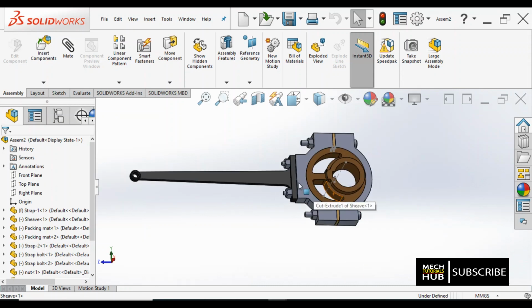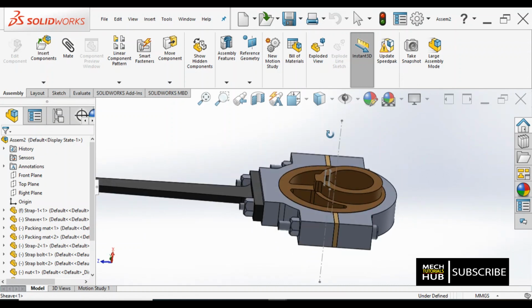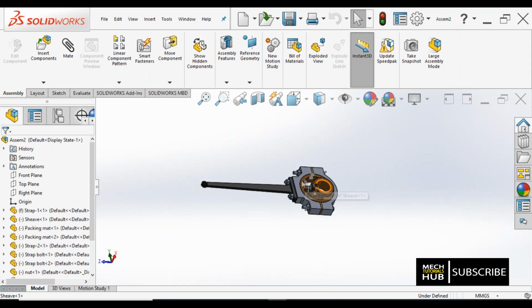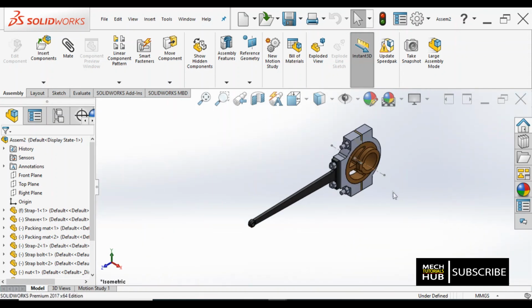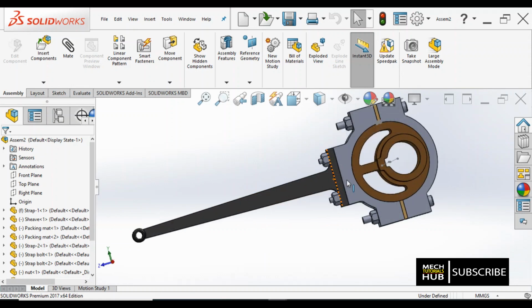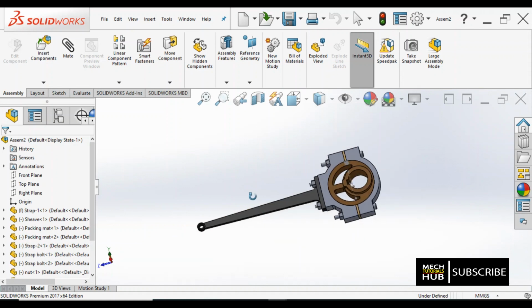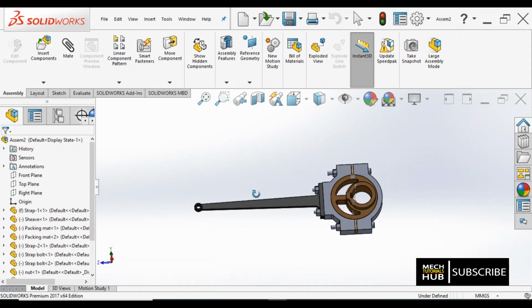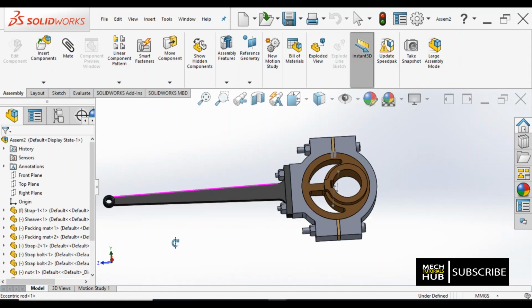Have a look at it. You find different components: 2 bolts, 2 nuts, 1 2 3 4 5 6 7 8 9 10 11 12, 13 different components are there in this particular assembly. So okay, let me keep the component in isometric view and check whether it is fine or not. Yes, for your better visibility I'll just rotate it according to our convenience. Alright, let us keep it in this format.